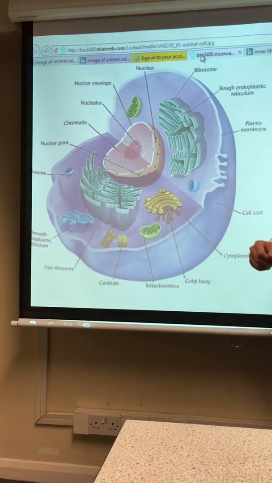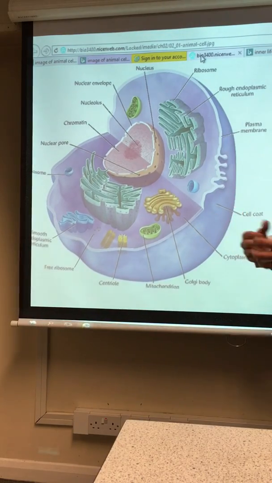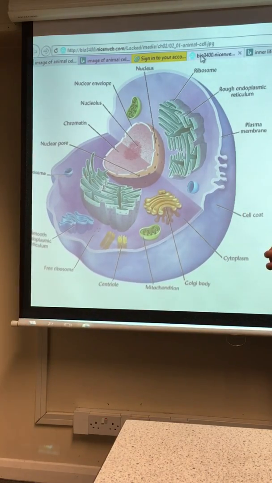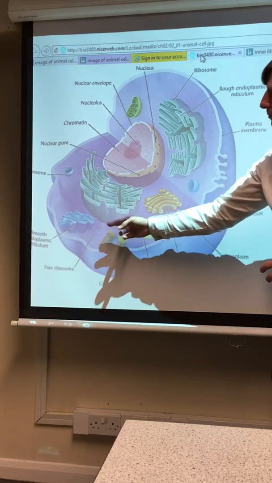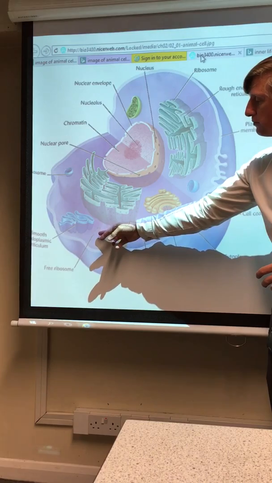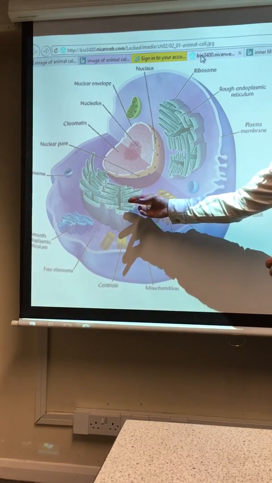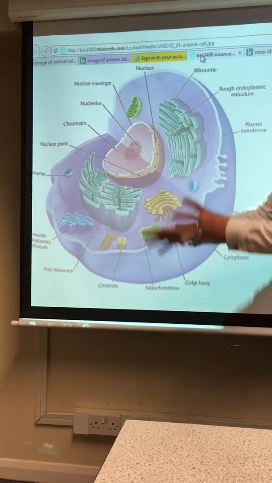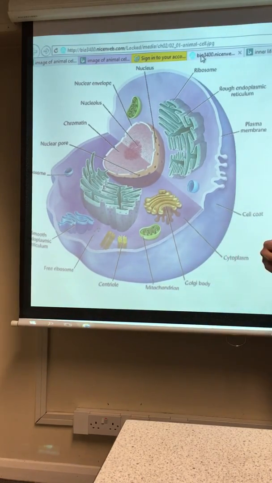Nucleus, DNA. DNA is the blueprint for all the proteins that are going to be made, which form the characteristics of an organism. The DNA is copied into messenger RNA, and the messenger RNA is able to leave the nucleus and is decoded into proteins by ribosomes, which are either free or on endoplasmic reticulum, which makes them rough endoplasmic reticulum. The proteins then travel in vesicles along a cytoskeleton you can't see to the Golgi apparatus, or Golgi body,